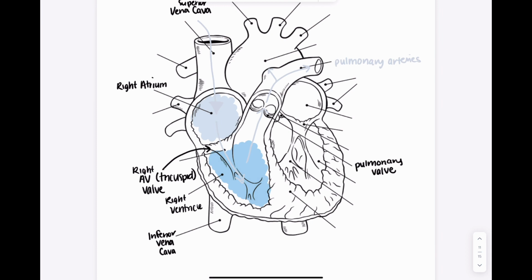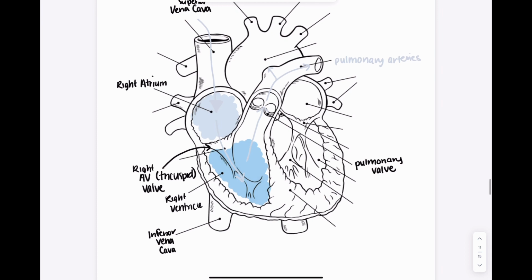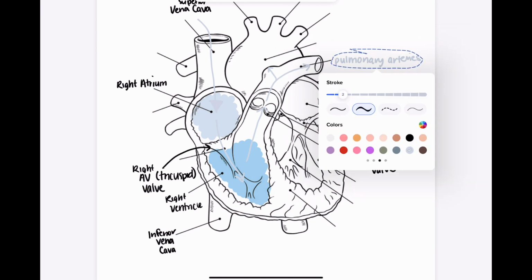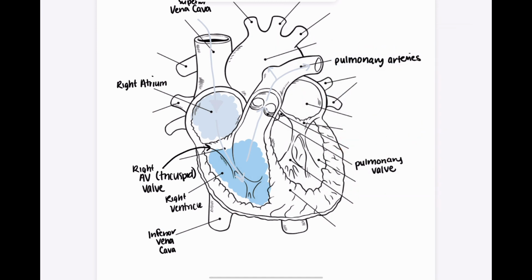That's something people get confused with because in our body, systemic, our arteries have oxygenated blood and our veins have deoxygenated. But in the pulmonary circuit, the pulmonary arteries have deoxygenated, and then our pulmonary veins are going to have oxygenated. So it's going to go out to the lungs. Then in the lungs, it's going to go to the alveoli. There's going to be gas exchange at the respiratory membrane. And then the blood's going to come back oxygenated through these pulmonary veins